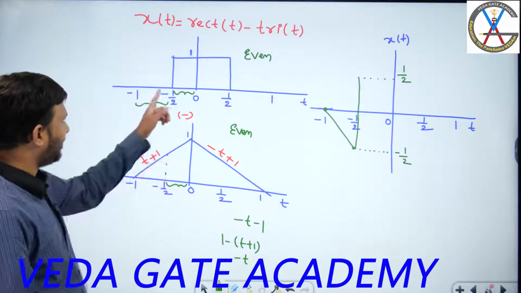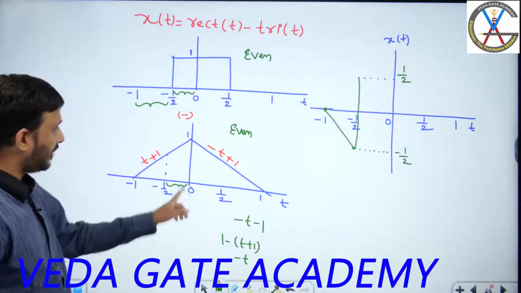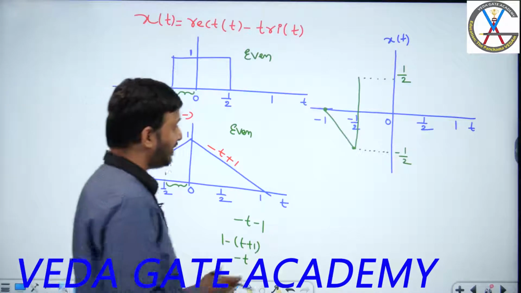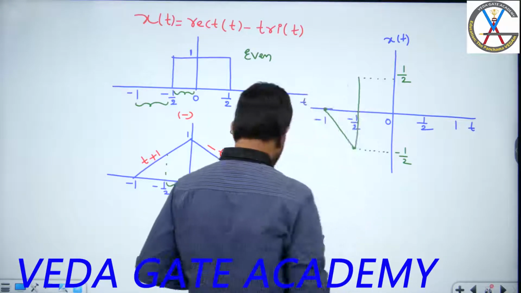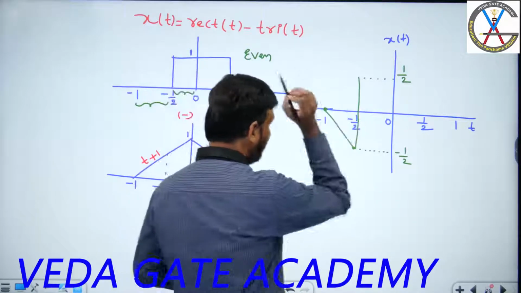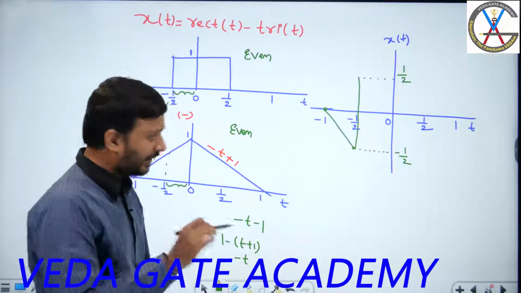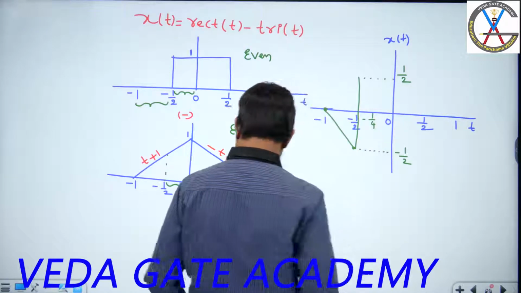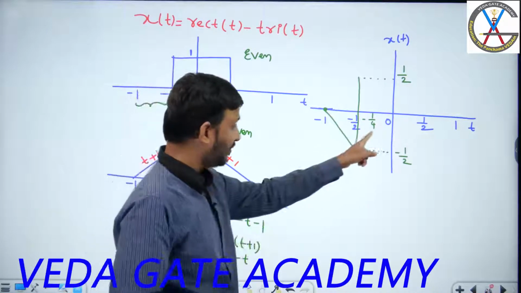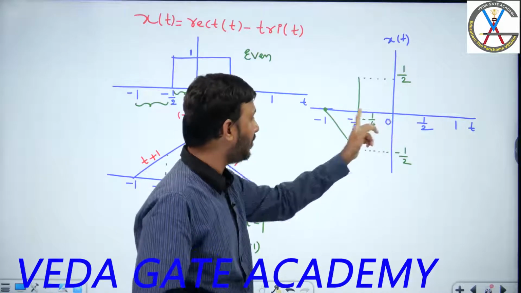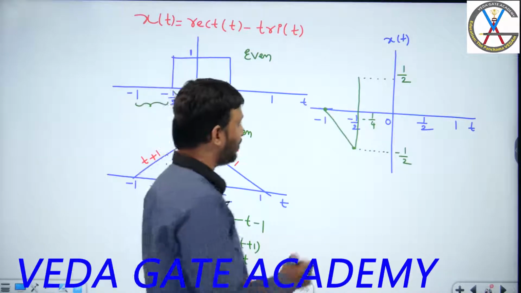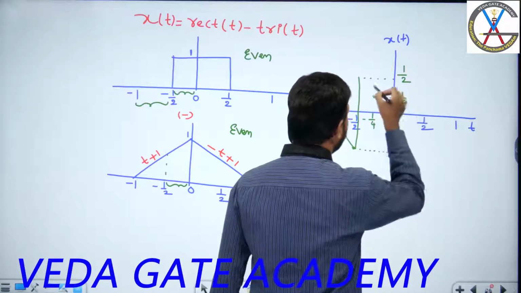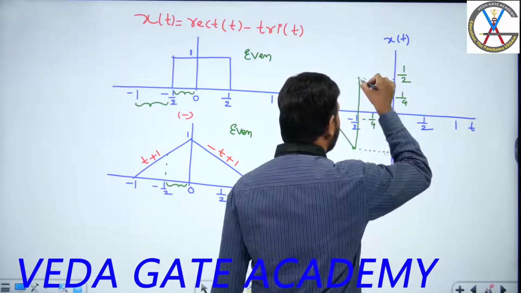So from minus 1 by 2 to 0, the resulting signal has the equation of minus t. If I substitute minus 1 by 4, which lies between minus 1 by 2 and 0, this becomes 1 by 4, half of this one. And if I substitute 0,